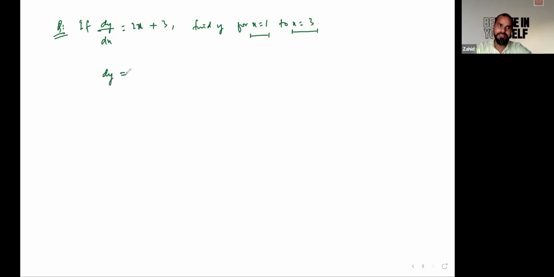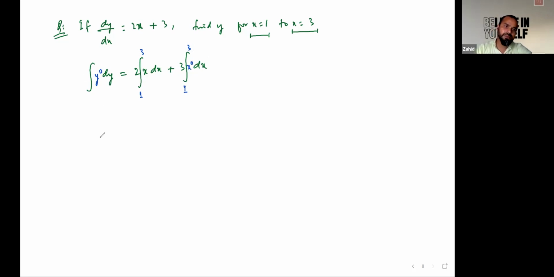So it would be dy is equal to 2x times dx plus 3 times dx. Integrating both sides, now put the limit over that particular integral from x equals 1 to x equals 3. So the 1 here is the lower limit and the upper limit would be 3. And we have to calculate the value of y. Since there is no function related with y in this section, we can write y raised to the power 0. Similarly, x raised to the power 0.